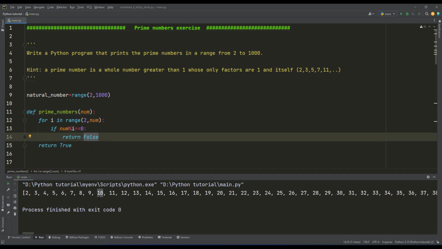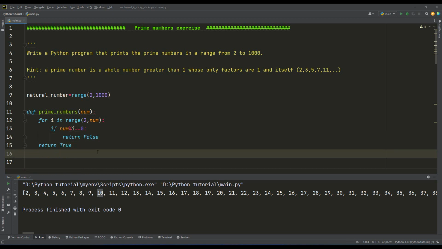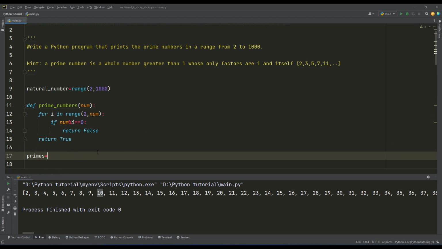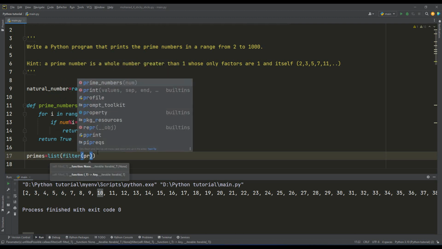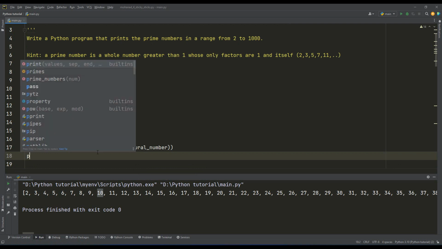When we return false, the filter will not extract the number. So I can say, for example, primes equals, let us unpack directly, a list of filter, and this filter will take the prime function. Again, we remove the parentheses, and then we take the natural numbers, and when I print primes,